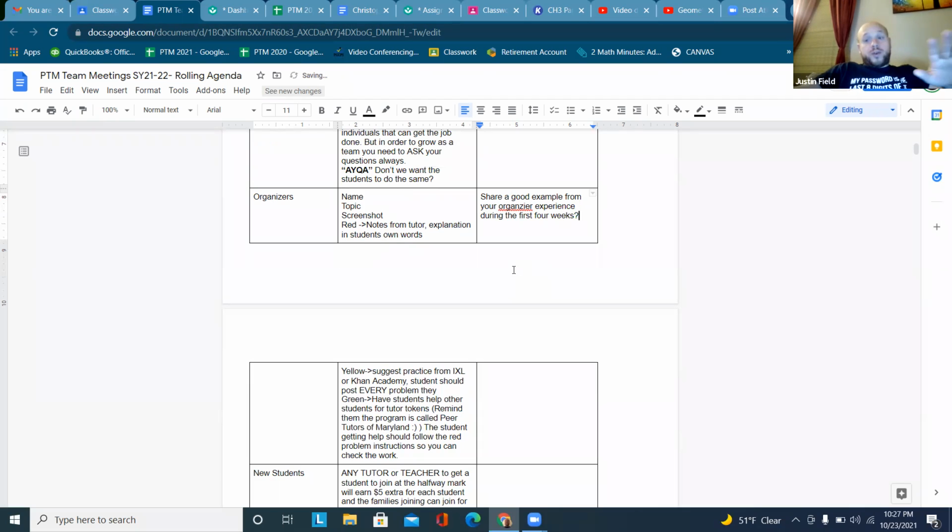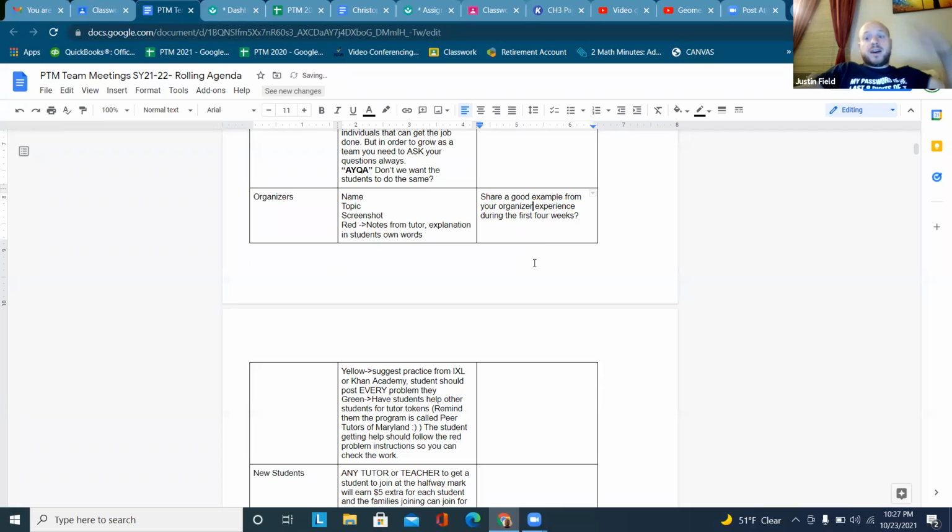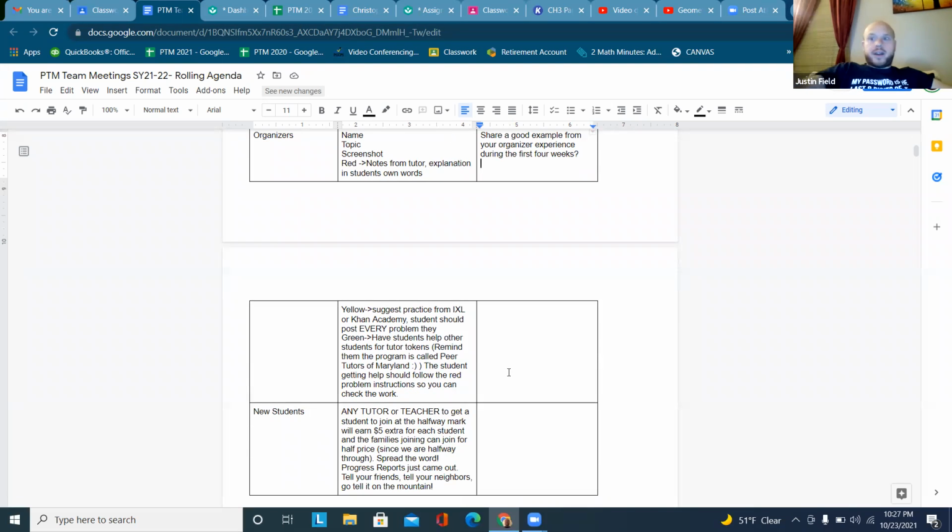I know that the organizer's been going better for me this time around, this first 4 weeks versus last school year. And I hope that's true for you. If it is, share a positive experience so we can all learn about the good things that are happening with the organizer, and maybe encourage our students or our groups to do things that you've seen in yours.